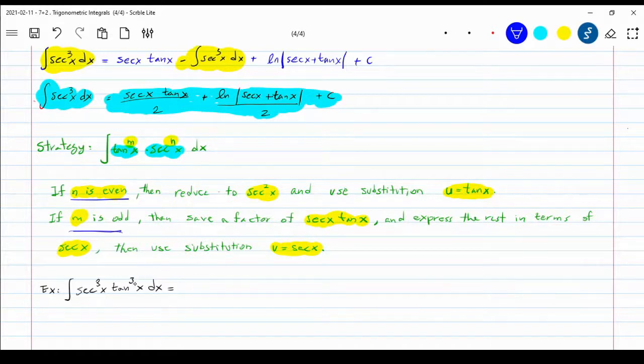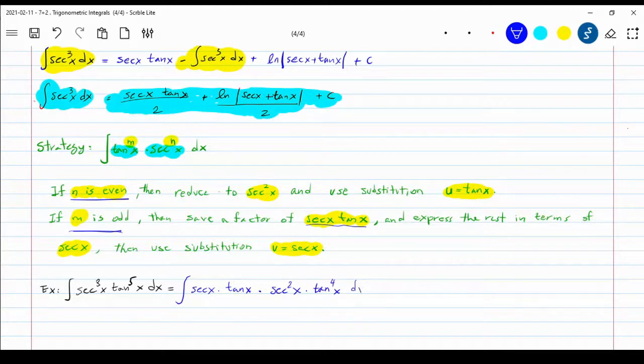Then what you need to do is try to save this factor of secant tangent. What do I mean by that? That means I'll try to write this integral, factoring out the secant x and the tangent x, then multiplying by whatever is left over. If you factor out one of the secants, then there is secant squared x left, and if you factor out one of the tangents, then there is tangent squared x left. It doesn't really matter. This could have been 5, 7, whatever. So 5, let me change it to 5. So you would have tangent to the 4th power left. Okay, so